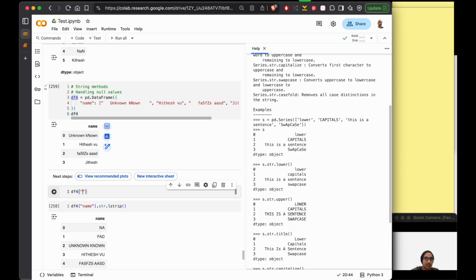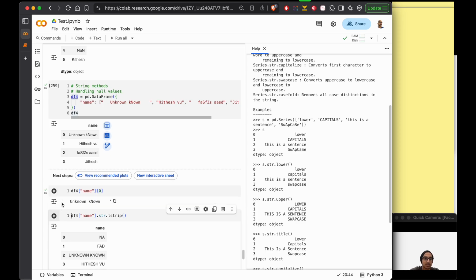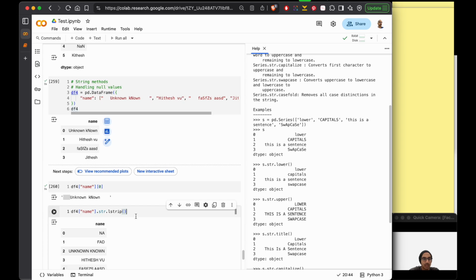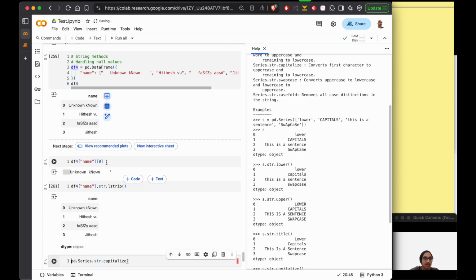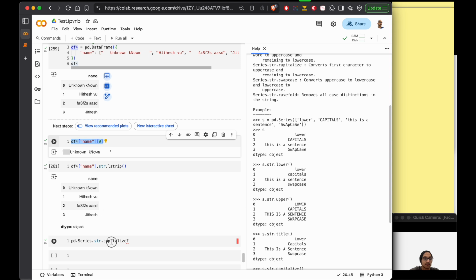If you see here the name and get my first element, you see the spaces exist. Now if we do an lstrip here and then access this again,